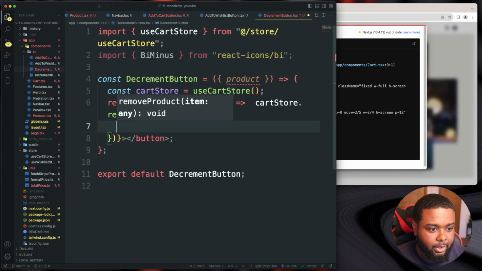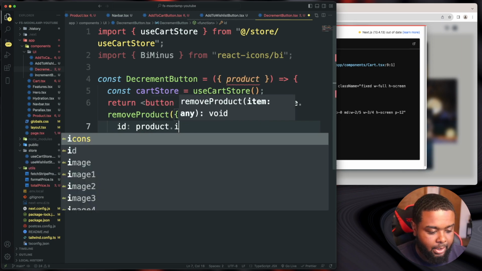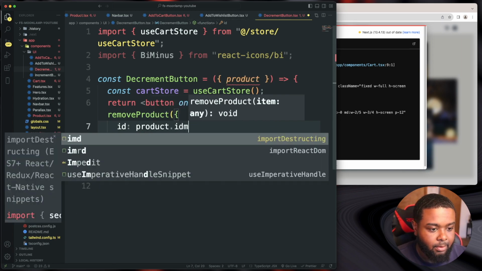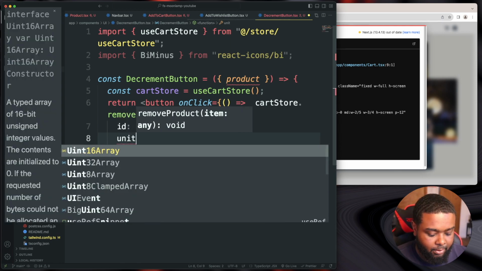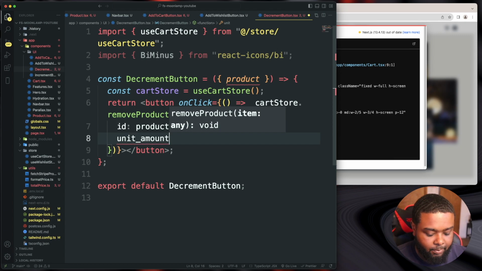So we're going to remove our ID, and it's going to be product.id. So make sure you do a comma, and then we're going to remove our unit_amount,